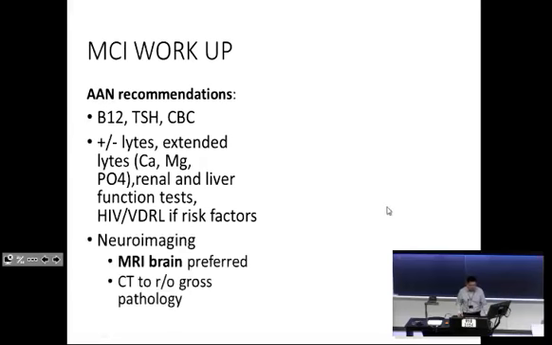Neuroimaging. So this is very contentious. The different specialties are radically different in terms of their approaches to this. And with fair reason on both sides. Some of the specialties very much advocate that no matter who you see, as long as they have objective and subjective concerns with their cognition, they merit some kind of neuroimaging, even if you're fairly certain that they don't have a tumor, they don't have a stroke or any of these other quote-unquote reversible causes or secondary causes of dementia. Some other specialties will feel that this is over-investigation and you're going to find all sorts of random things, plus it's an incredible use of healthcare resources.